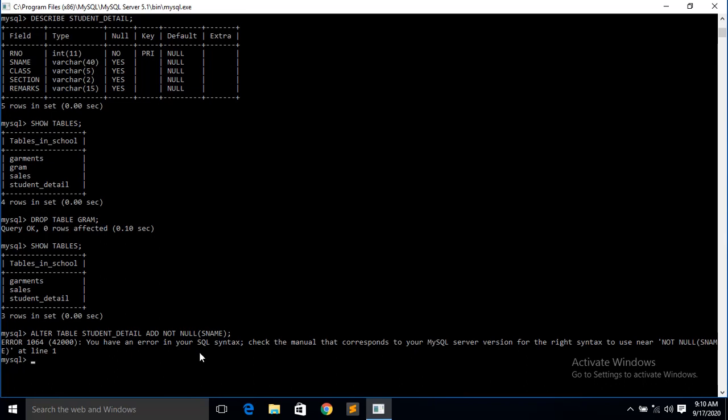Not alter table student detail add. Oh, at that time I have to give modify, not add.